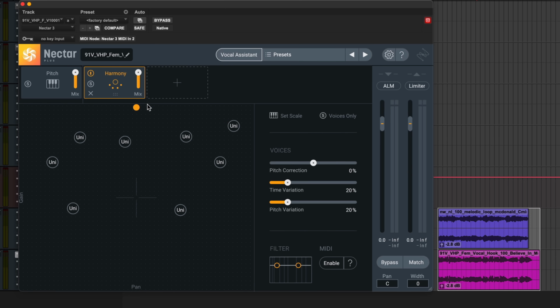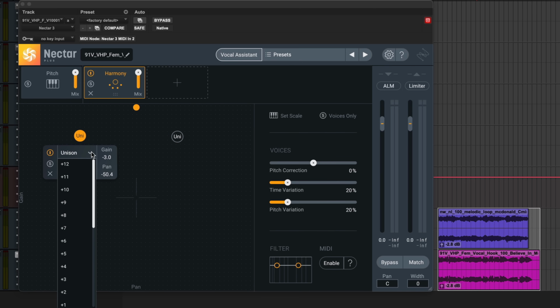Now, what is this dot right here? Well, this is our main vocal. It's loud because loudness is gain here along this axis, and panning is left and right. So it's right up the middle, and it's very loud, and all of my guys behind it are kind of supporting it, and I can highlight them, I can move them around, I can move just these guys around. Now, where it gets really interesting is the ability for you to, I'm just going to cancel these guys out here, to change the note values of these additional copies of the voice.